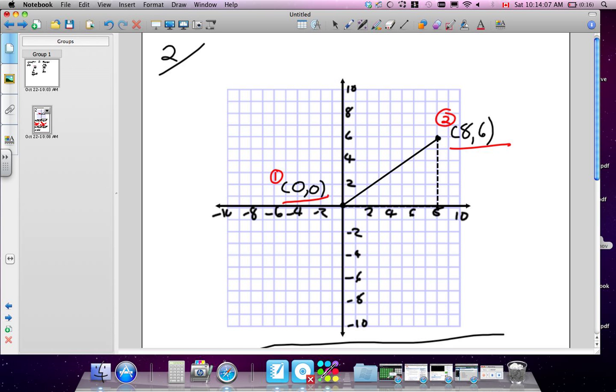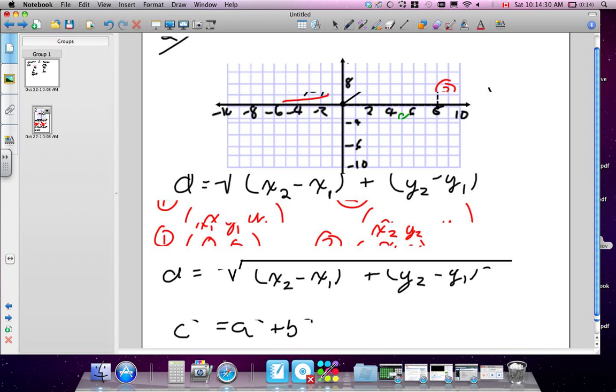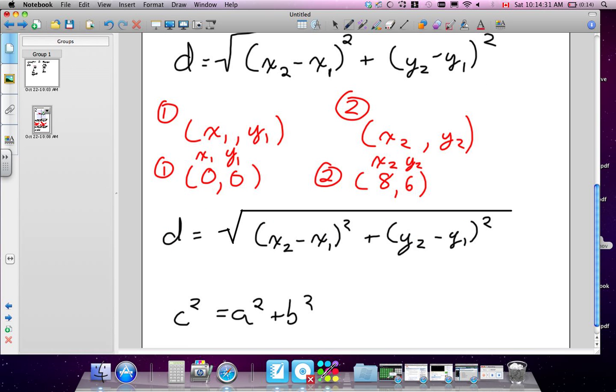Because if we count down, the distance of this is 1, 2, 3, 4, 5, 6. So I'll write that out here in green. You know the height of that is, or A or B, 6. Remember, it doesn't matter which is A or B. And from here to here, we know it's going to be 8. I can count across 1, 2, 3, 4, 5, 6, 7, 8. Okay, so that's 8, and we're looking for the hypotenuse, right? We just created a triangle around it, so that'll be our C. I'll show you how similar this is to it. So what ends up happening